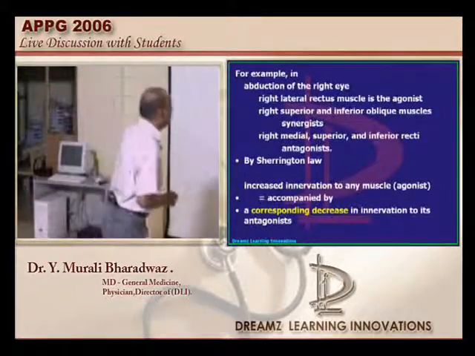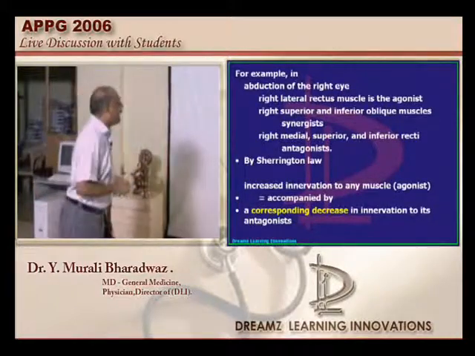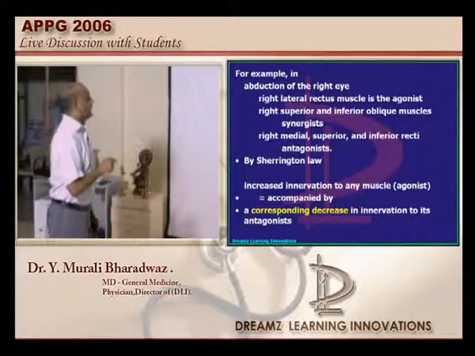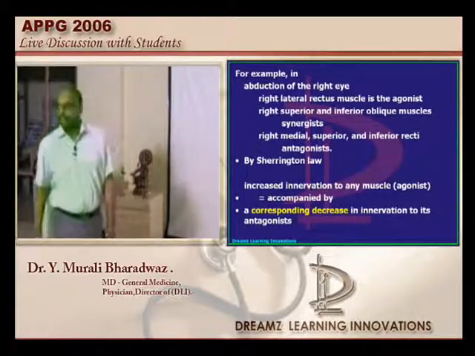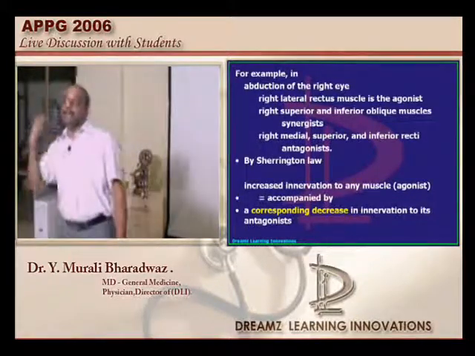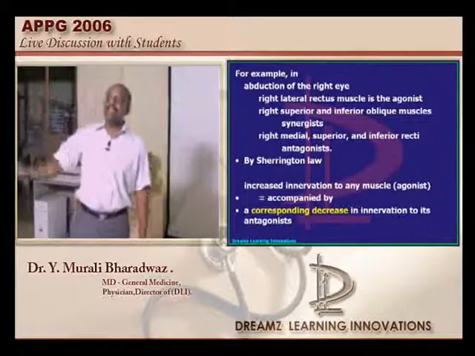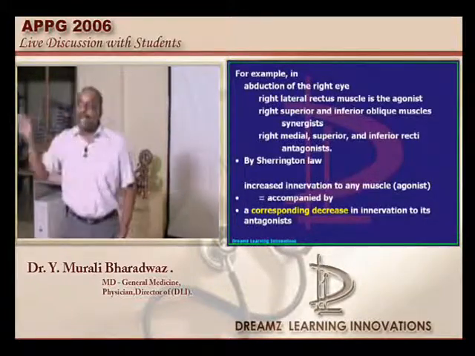For example, in the right eye, for abduction of the right eye, the right lateral rectus muscle is considered to be the agonist. Now, which are the other muscles that, while they are acting, also lead to development of abduction and can act like the synergists? And which are the other muscles that, while they are acting, can lead to adduction and act as an antagonist